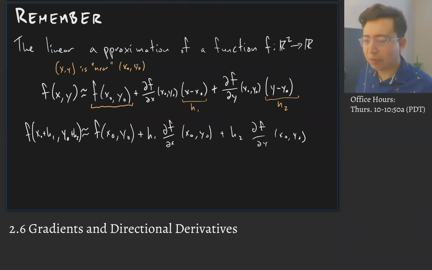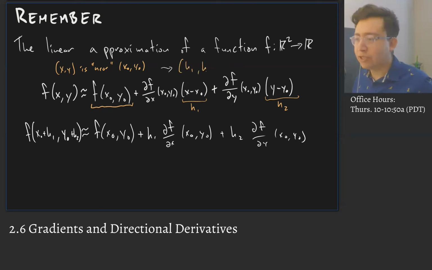We just take that point and plug it into the function. And then we look at these terms which have to do with the partial derivative, and they're multiplied by the distance from this point here. It's important to know that x, y being near x naught, y naught is the same as saying h1 and h2